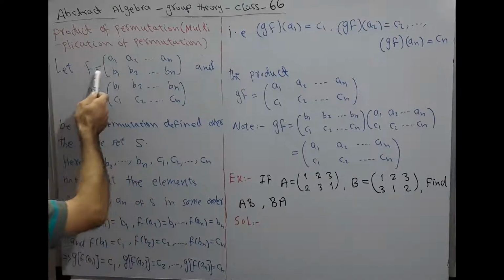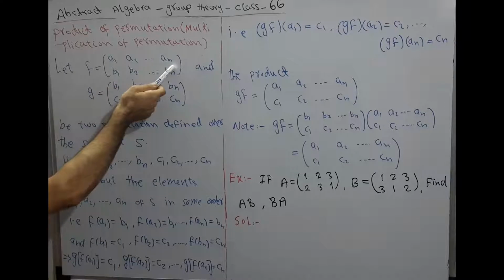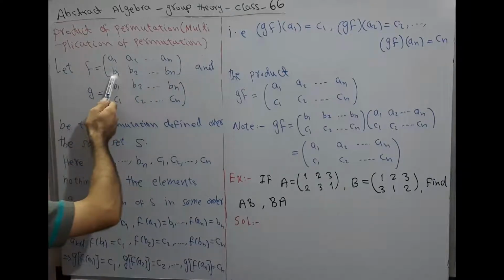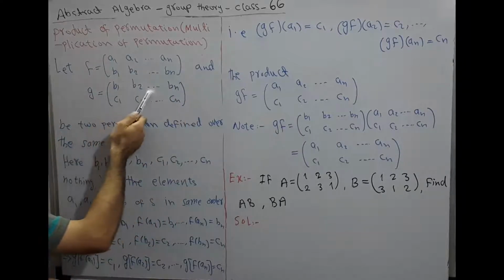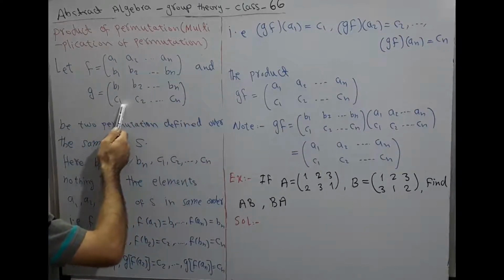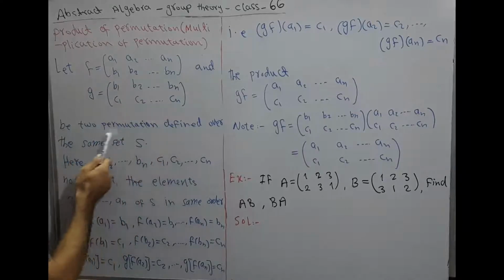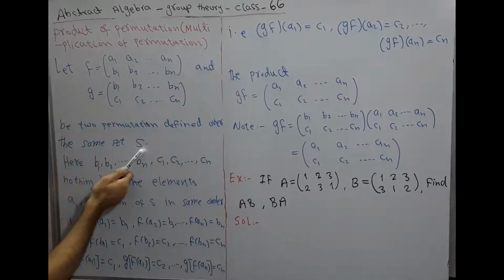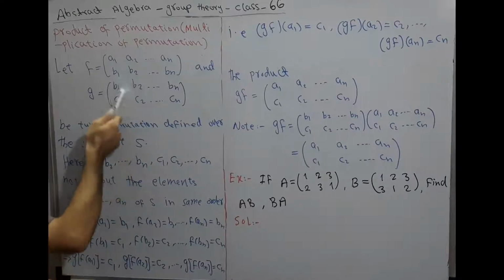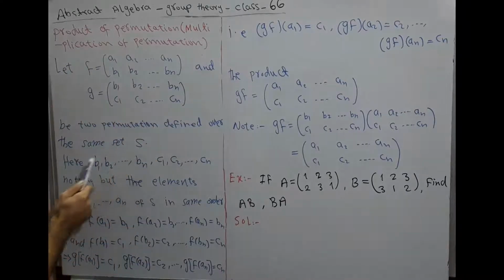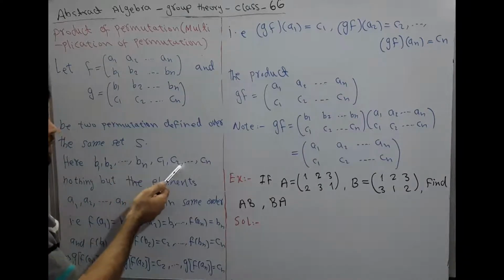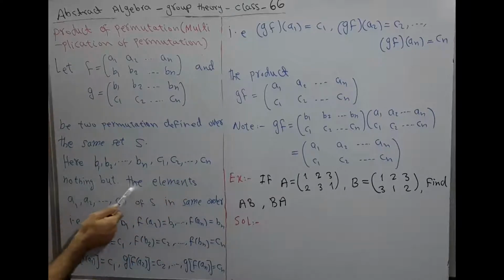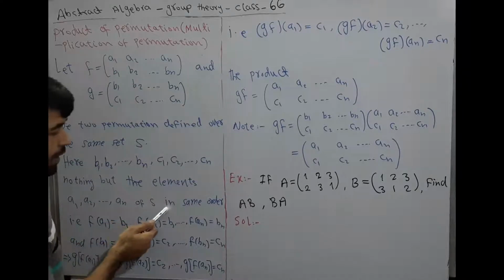Let f equal to a1, a2 and so on, an over b1, b2 and so on, bn, and g equal to b1, b2 and so on, bn over c1, c2 and so on, cn. Both permutations are defined over the same set S. Here b1, b2, ..., bn and c1, c2, ..., cn are nothing but the elements a1, a2, and so on, an of S in the same